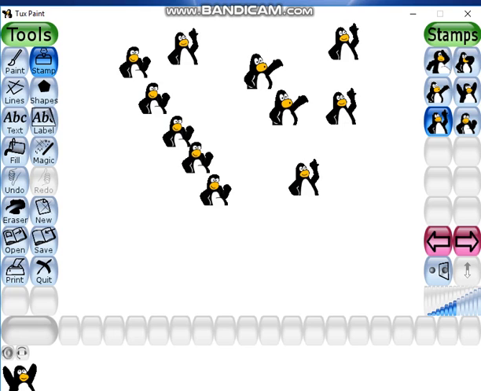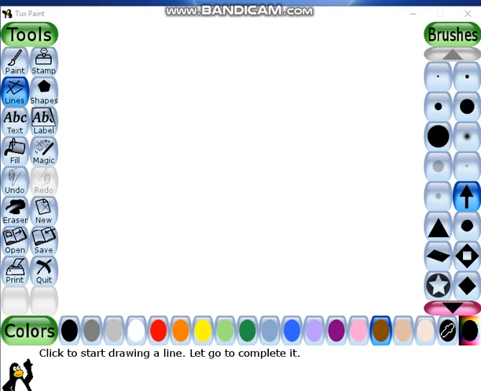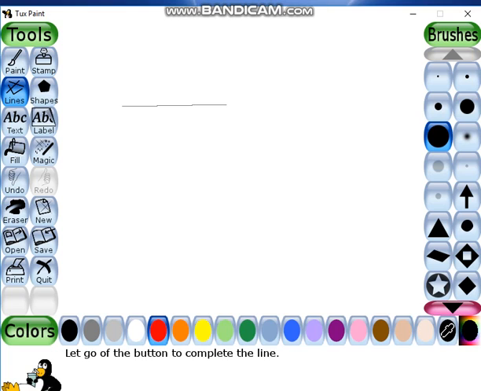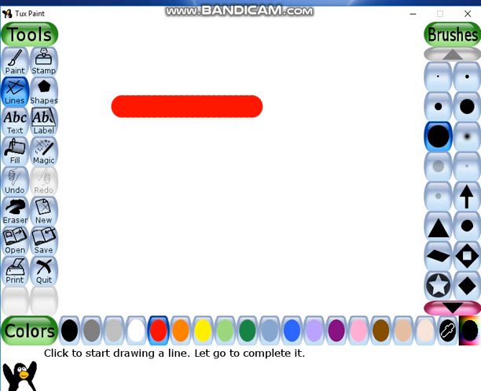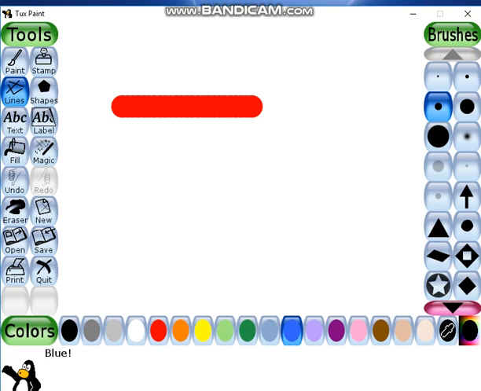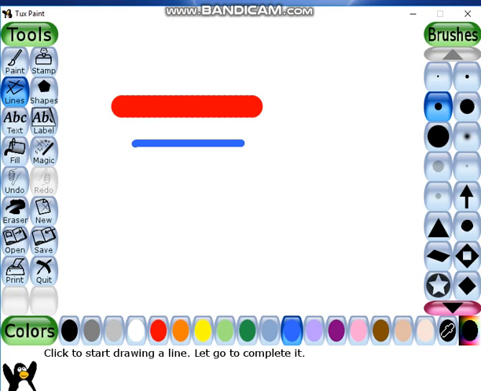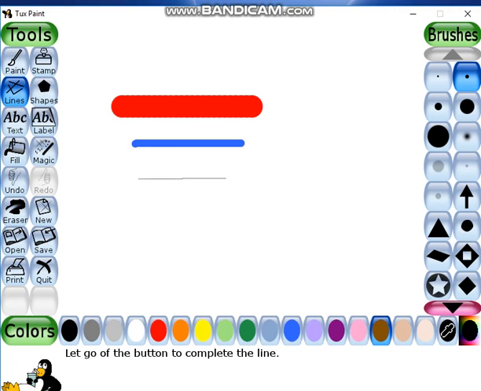Now we will go for the next tool, that is lines. The lines tool, as it suggests, you can draw lines. You can select the width of the line from these dots. As I've selected the thickest one, you just select the color, then click on the screen and make a line by dragging it. See, the line is ready. You can change the thickness according to your convenience. Just click and drag. It's very easy, isn't it? Just click and drag. See, this is how we use lines too.